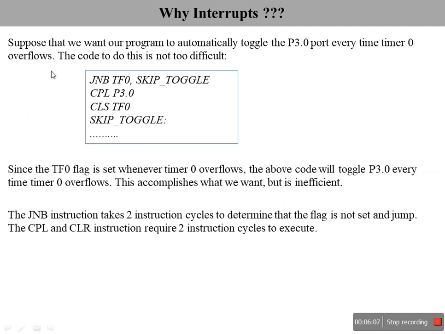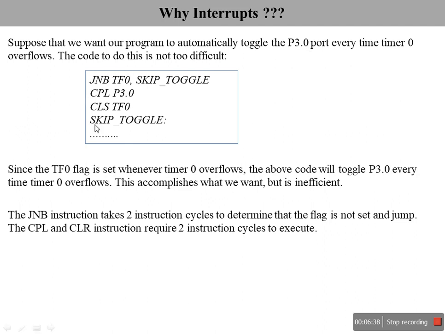Suppose the target is that we want our program to automatically toggle the P3.0 port every time timer 0 overflows. Whenever timer 0 overflows, it has to toggle a bit on the first pin of port 3, that is P3.0.